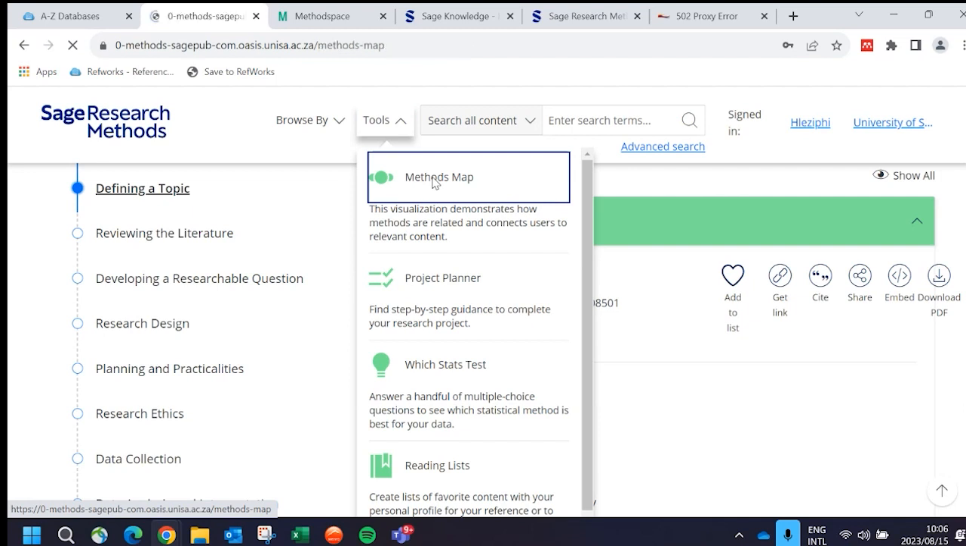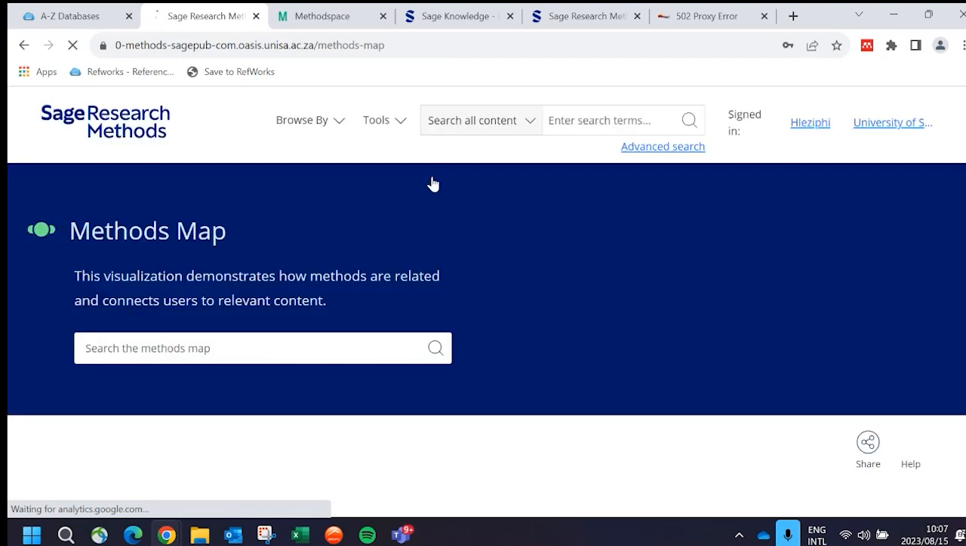So what the methods map does is to map methodologies for you. If you're unsure and you just want to confirm, am I in the right space? Can I take this? Can I use this? Does this have to include this or that? So the SAGE Research Methods will give you a map of methodologies. It tells you